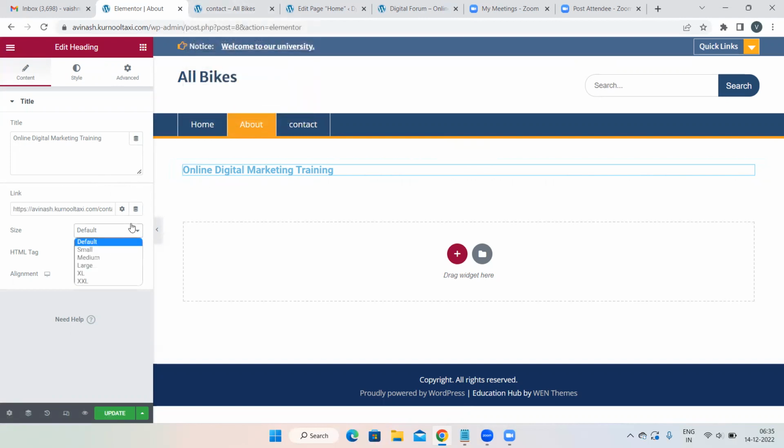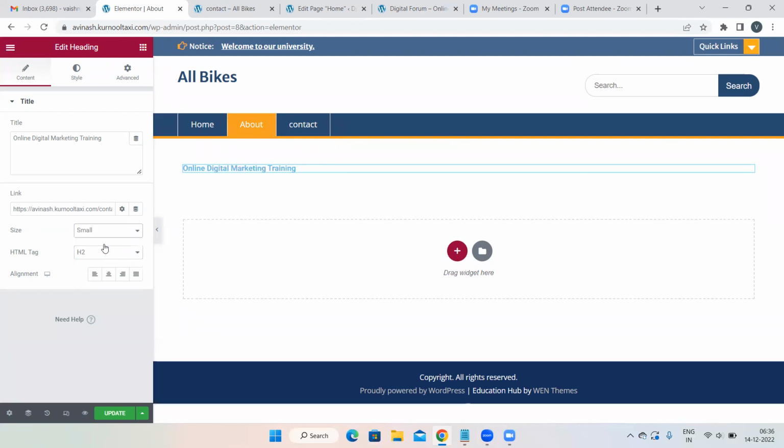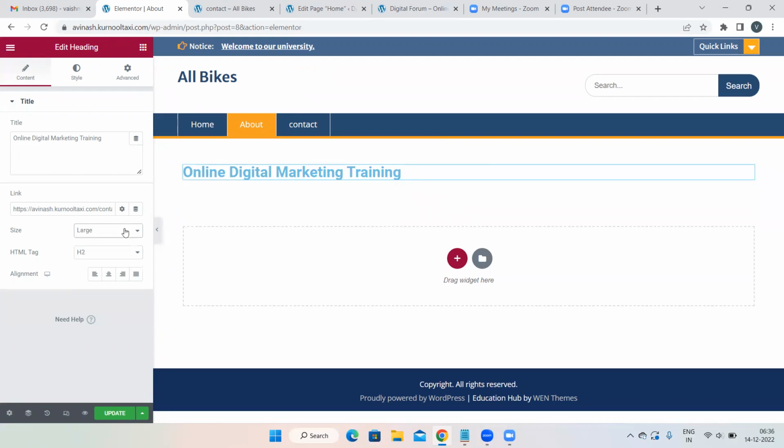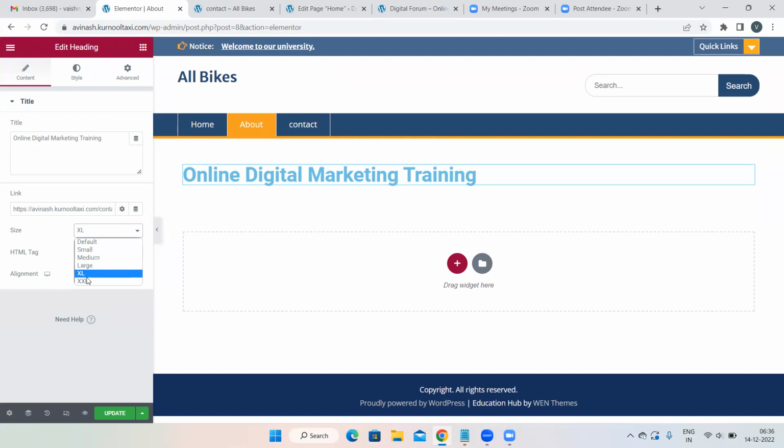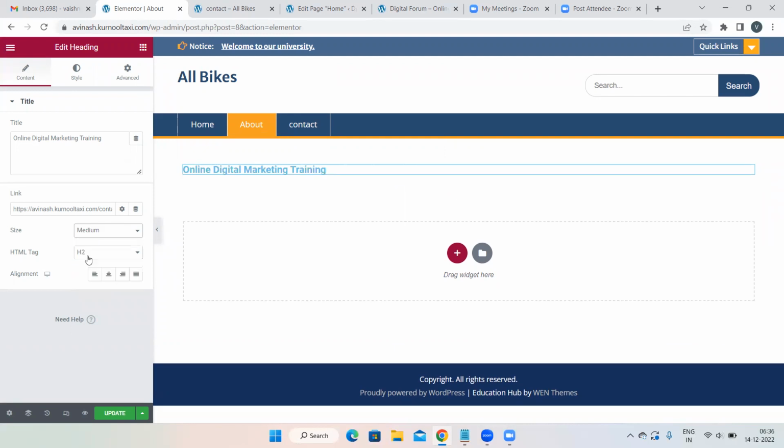Then here size option you have. All these options will not be there in basic WordPress designing, Ravi, if you have observed. There are very, very few options, but here in Elementor, you will have so many options. So now size you can select. You want small size, then it has become small. Then you want large size, then you can make it as large size. So however you want, you can just XL, double XL, however you want, you can just adjust the size of